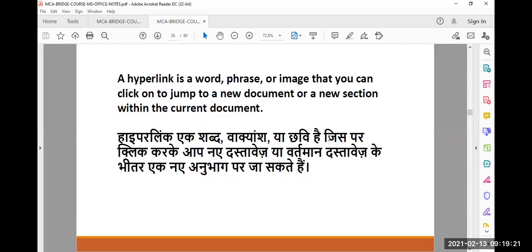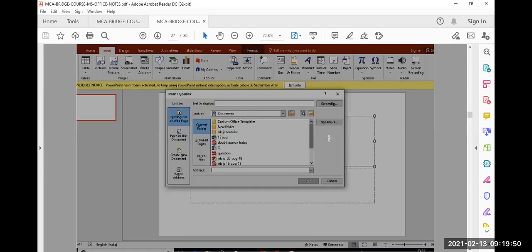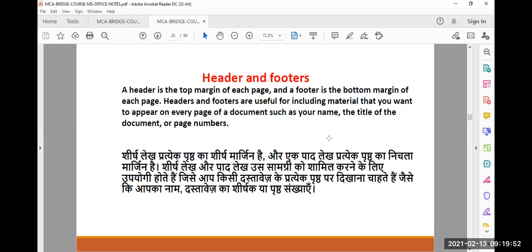We can also have some kind of hyperlink possible. Hyperlink means what? A link to a particular web resource. That might not always be a website. It may be any web page, it may be any Google Drive, it may be any file stored online on any cloud or any other web resources. That is a web resource. Hyperlink does not always go to a particular website. It might be anything else which is available online. Header is there.